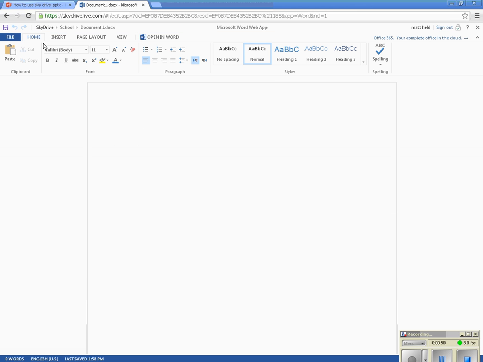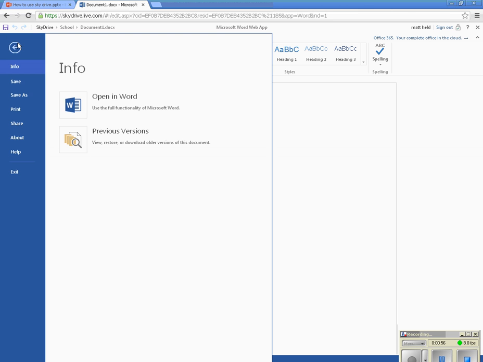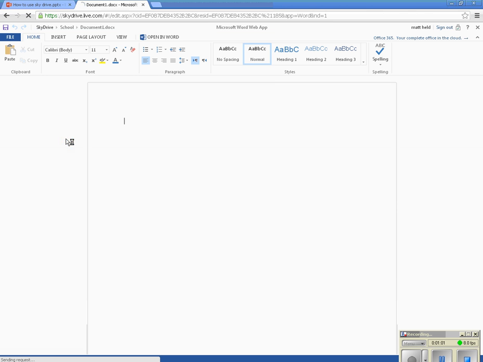So what you would do is you'd go back to your SkyDrive up here, and then you can create a new one, just like the steps that are shown previously. You can restore by clicking previous versions,